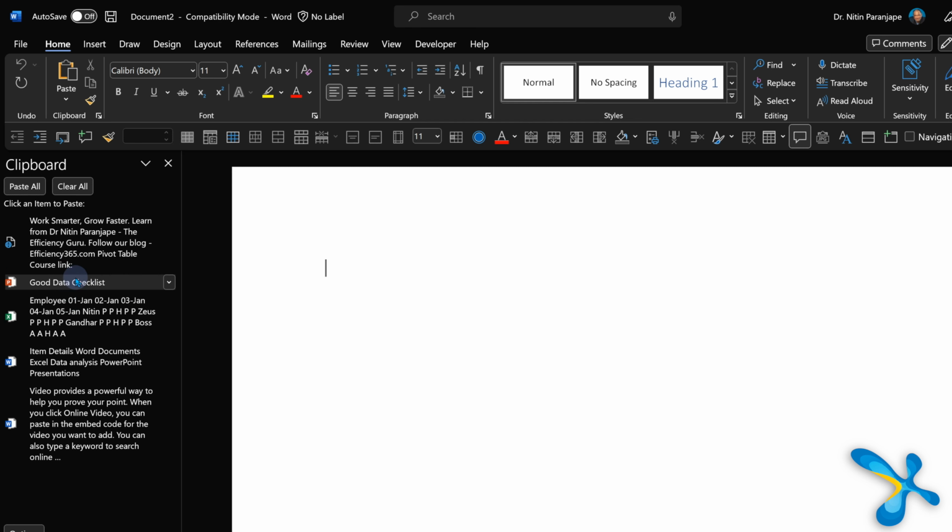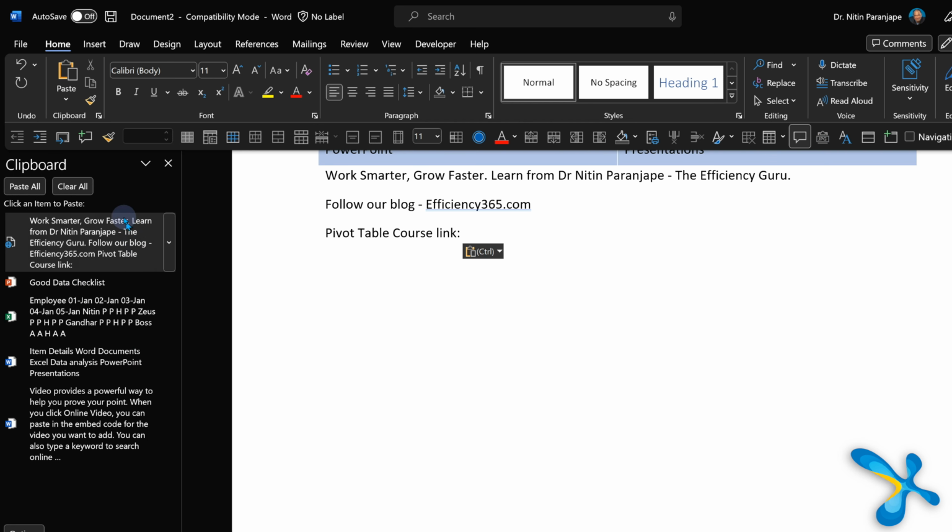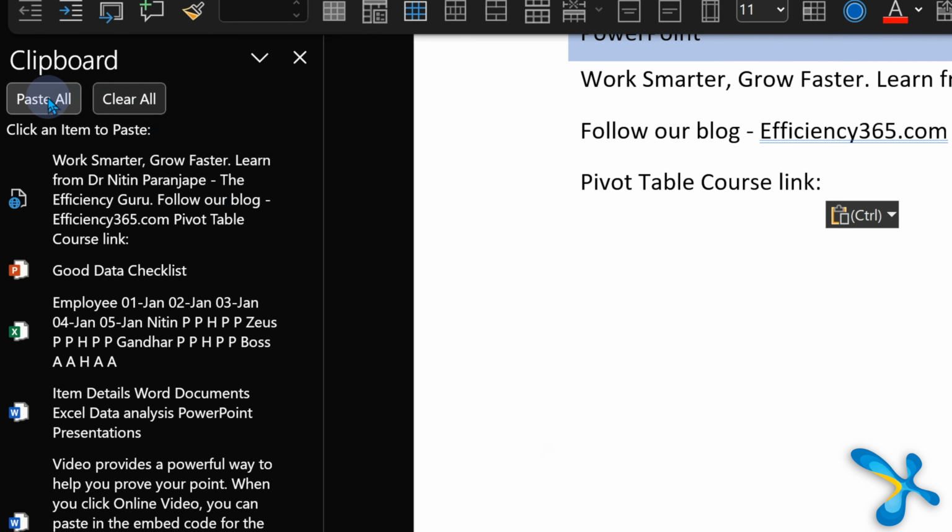Okay, great. Now that we have understood it, let's go back to Word. We have many clipboard items. As you know, I can go and click on any item and say paste it. But wait, do you see a button called paste all? Yes. So let's say I'm doing some research. I've copied some things from browser, from Word, PowerPoint, Excel, never mind, somewhere. And now I want to capture all that and put it in a single document. So what will I do?